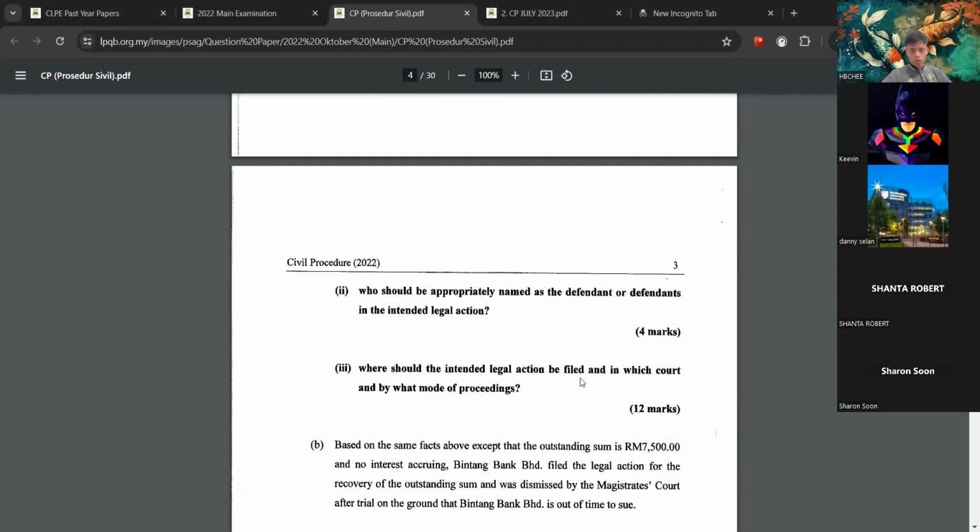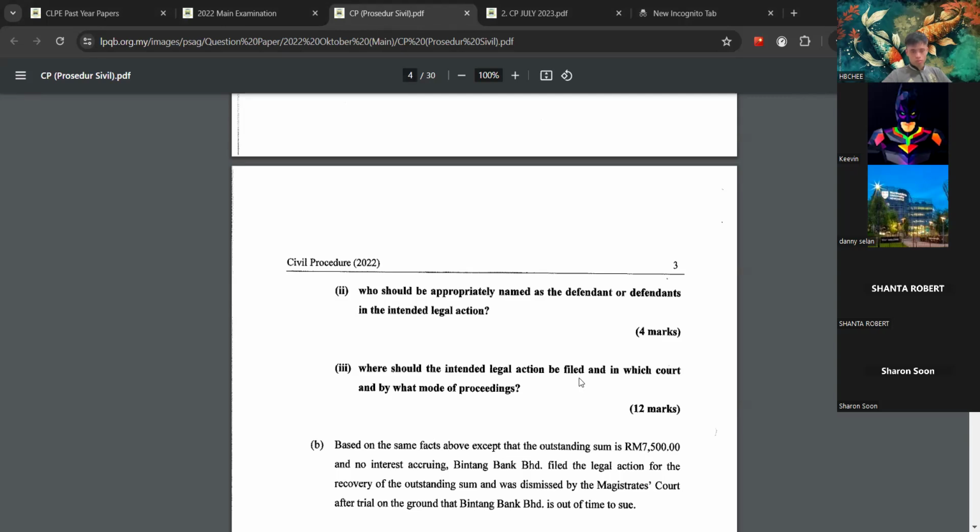And where to file, which court is more appropriate, under section 23 of the Courts of Judicature Act 1964, you have to satisfy the following criteria. First, where the cause of action arose. Second, where the defendant resides or has a place of business. Third, where the cause of matter arose, the facts concerned. So by fulfilling these three requirements, the High Court in the state of Pahang will have